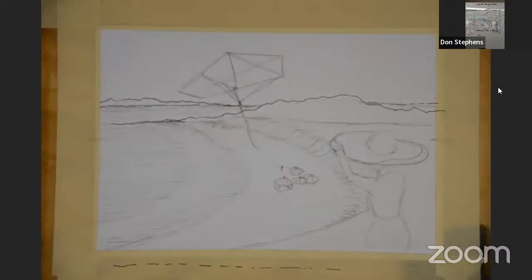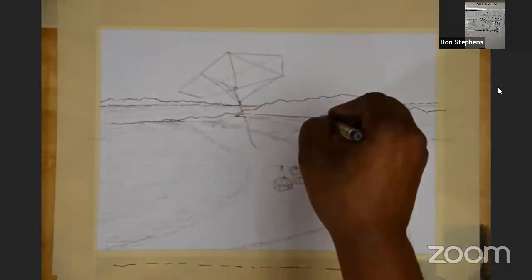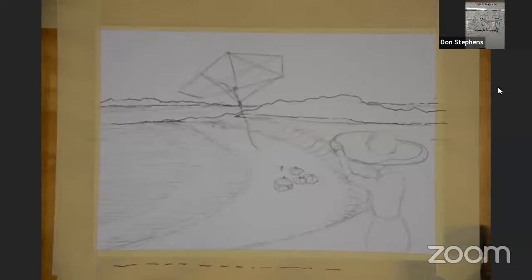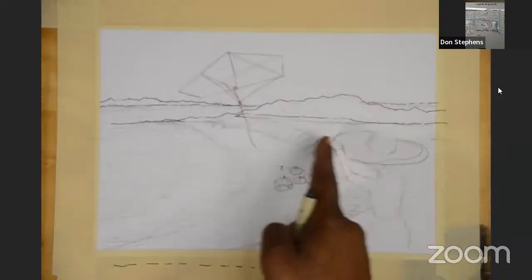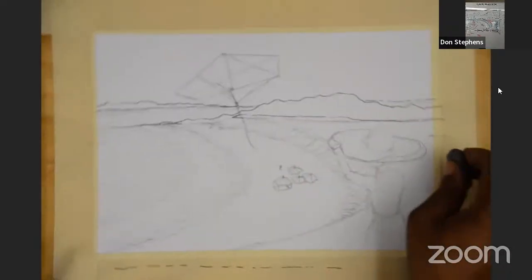All right, hold on. Let me put in the top of the embankment here. It's just showing the back line of this mountain, you see? Now, if your person is bigger and she's taking up this area, then you don't want to ink in your lines over top of your young lady. You just have to be mindful and make sure you don't forget where you place things so you don't cover it up by mistake, because it's kind of hard to get the marker out of regular paper or watercolor paper,